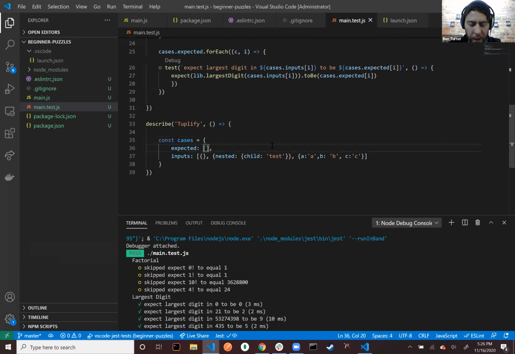Cool. All right. So let's see here. I know that if I pass in an empty object, then I expect it to be just an empty array. If I pass in an object with a nested property, then I simply expect it to be an array with,